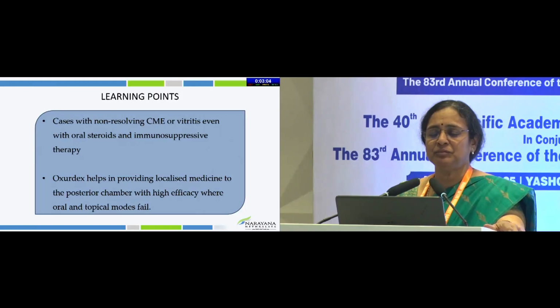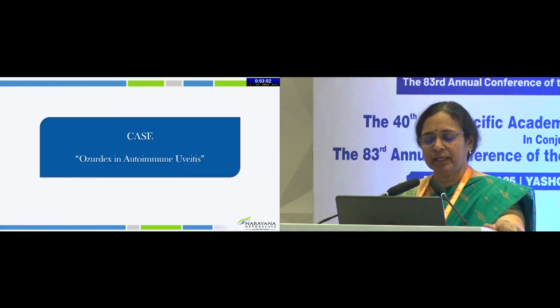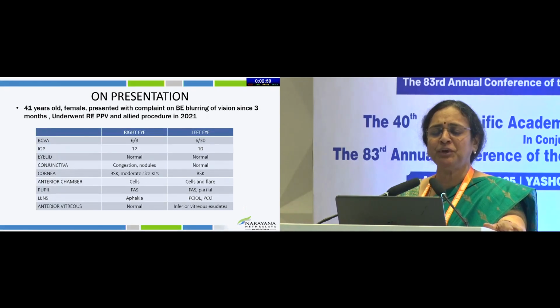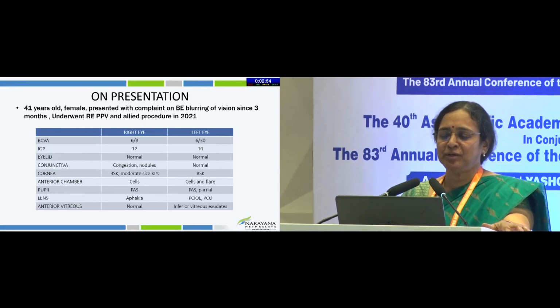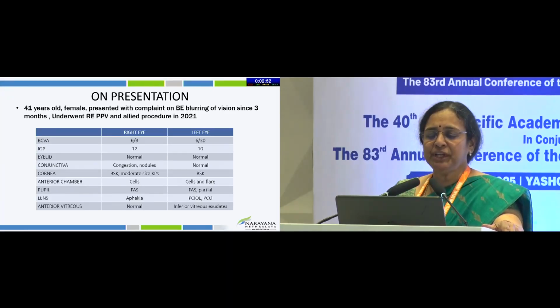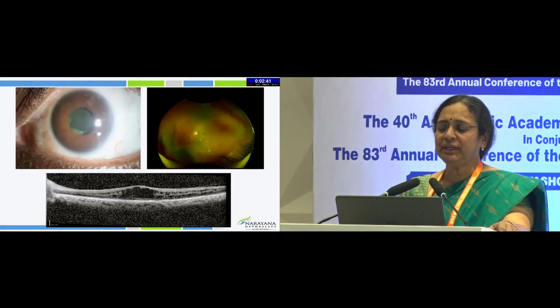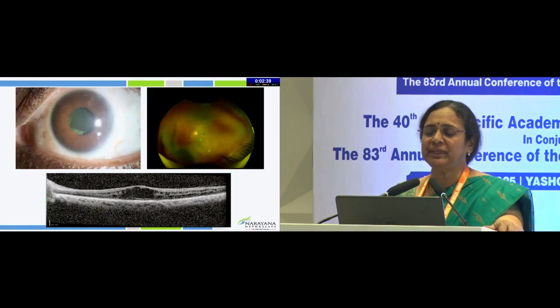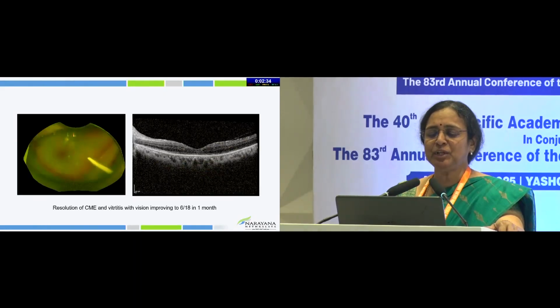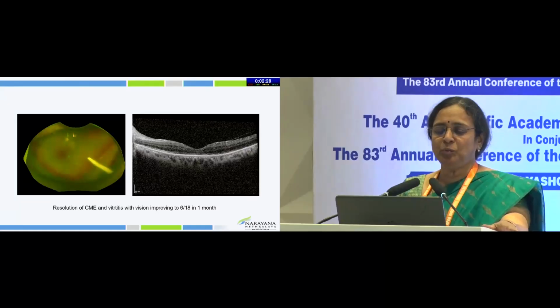control the inflammation. Next is a case of autoimmune uveitis. A 41-year-old female presented with blurring of vision and had undergone pars plana vitrectomy with allied procedures in 2021. She had anterior segment reaction in the form of congestion and a conjunctival nodule in the right eye. There was band keratopathy and medium-sized keratic precipitates in the right eye. She had chronic inflammation, where we could see pseudophakia in the eye with macular edema and significant vitreous haze. In this particular patient, Ozurdex was given since it was unilateral, and the patient responded well with reduction in